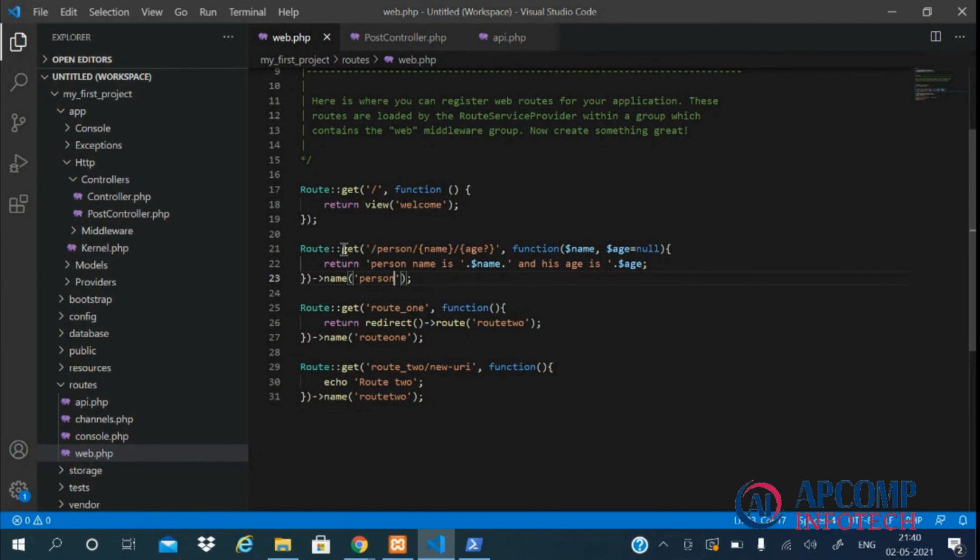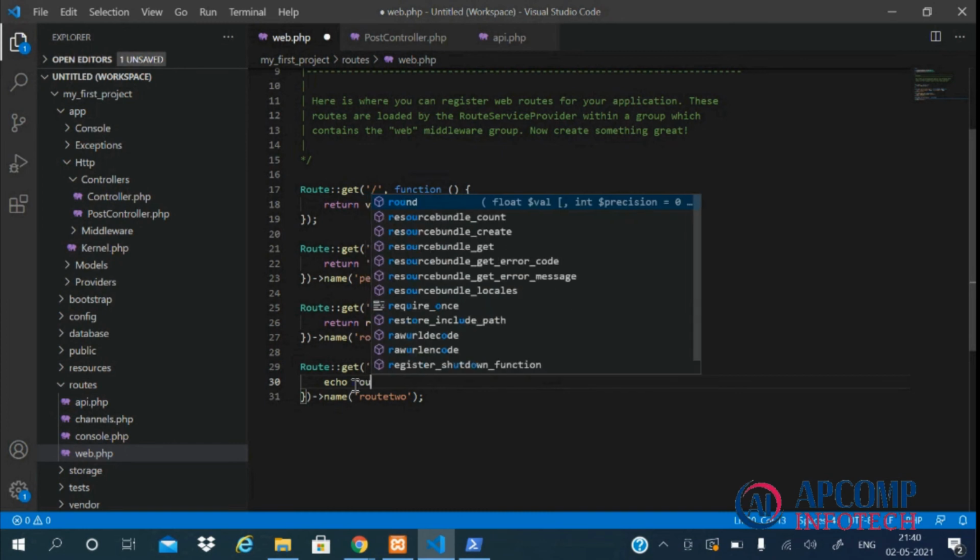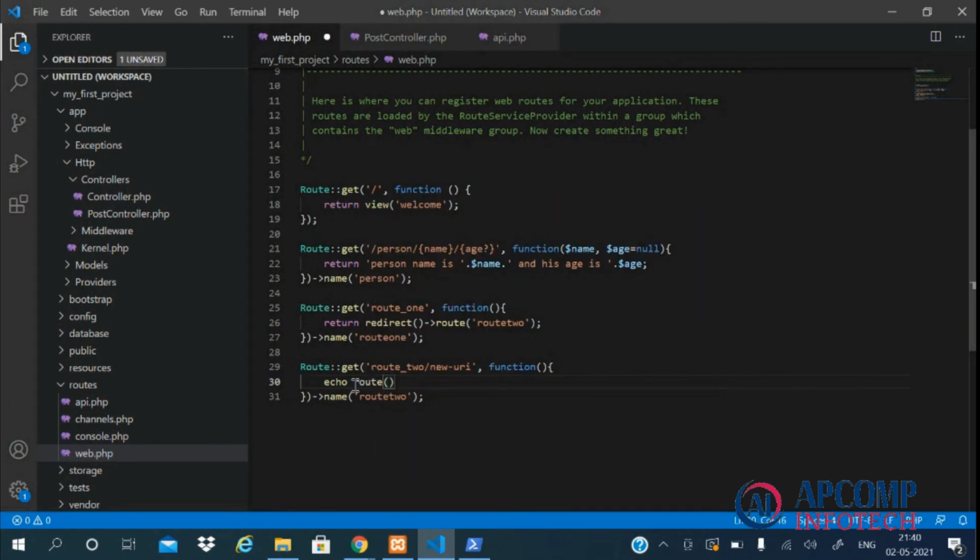For getting this route's URI, let's remove this and use our route helper and pass our name, which is person, and after that we'll be passing an array which will contain all the values of our parameters.